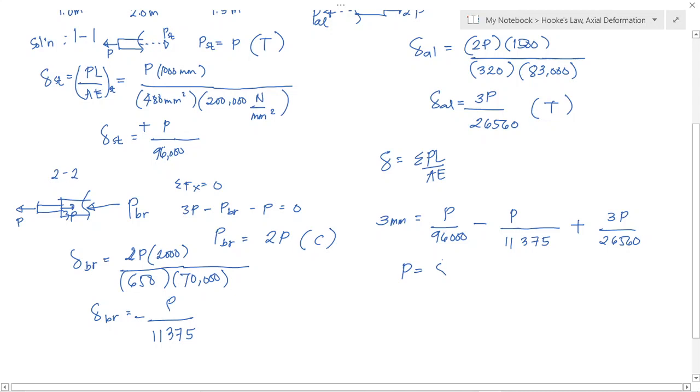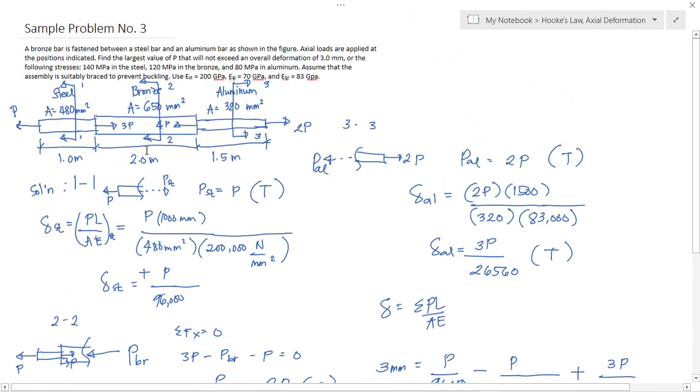Sorry. Okay, 84,610.99 Newton, or in kilonewton, siya ay 84.6. P is 84.61 kilonewton. No? So, okay, considering the total deformation of 3 mm, but in the problem,